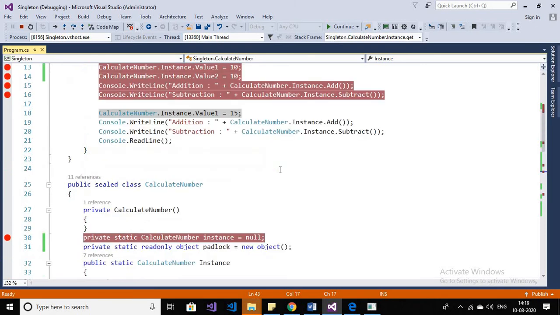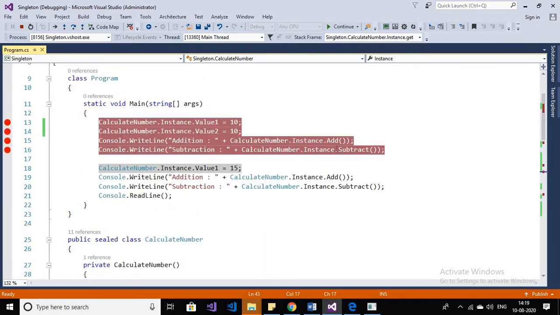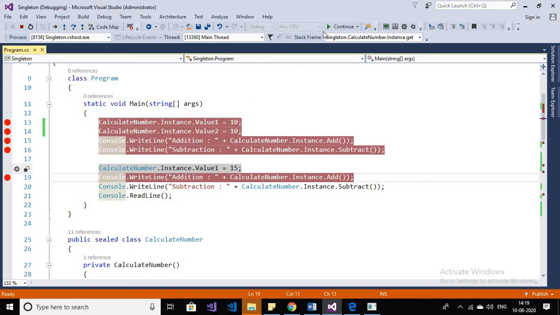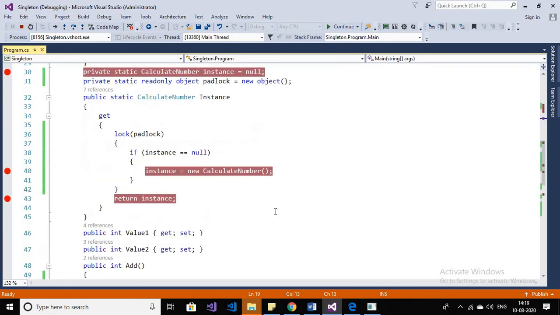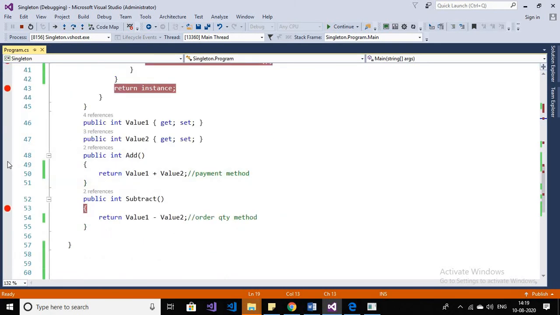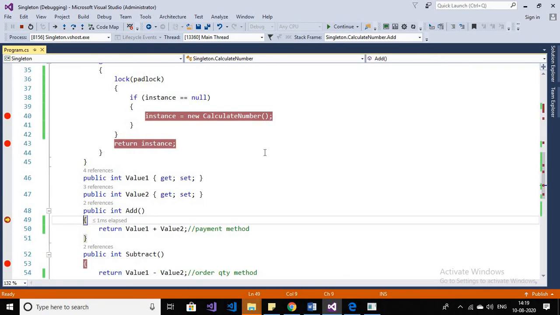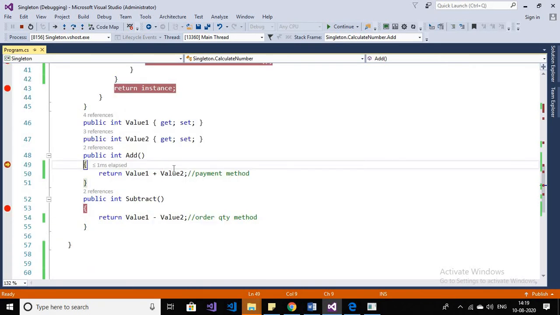After that it will jump on this. Now third one is that it will assign a value 15. Okay, it will jump on add method. It got instance, no new instance is created, value 15, value 10, means it will print 25.